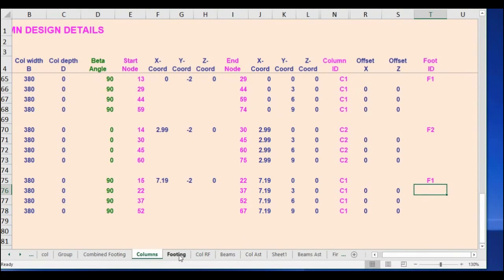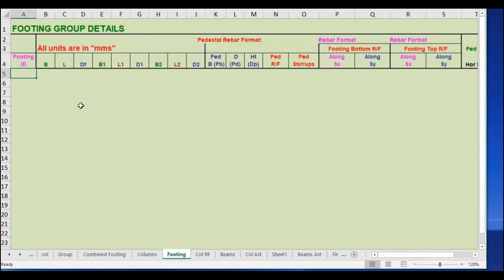Then selecting the footing sheet. Here we need to enter the data based on the footing designs. F1 I am assigning as 1500 by 1500 by 450 mm depth. F2 I am assigning 1800 by 1800 by 600 mm depth.